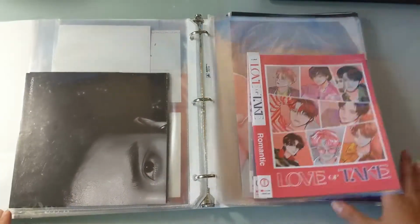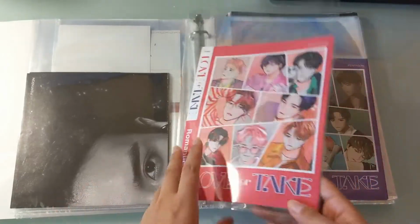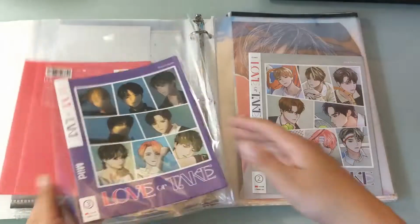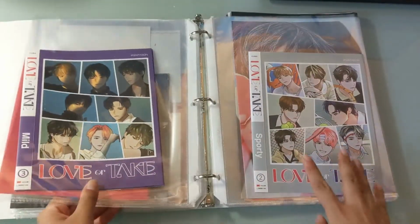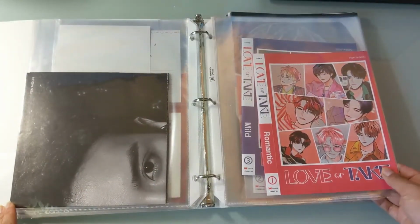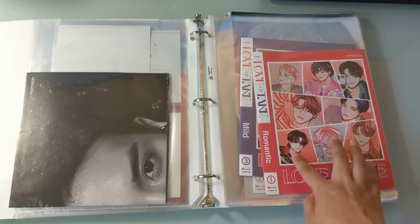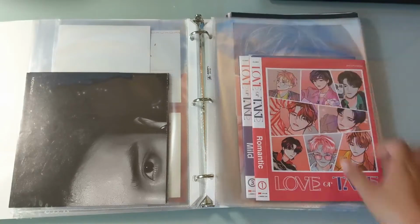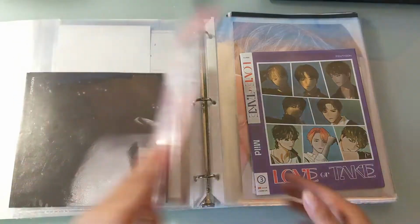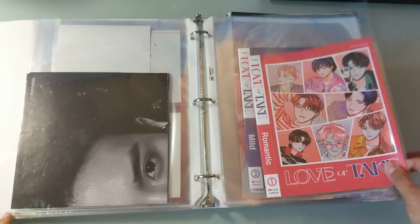For Love or Take, I did very briefly consider collecting all 24 album covers, because there are 3 versions, which is the Romantic, Mild, and Sporty, and there are 8 member covers per version. So basically, one member would have 3 different album sleeves, because they're all member specific. The romantic version is terribly hard to look for right now. I think it's sold out on all Western retail sites, and because they're randomized, I didn't really want to deal